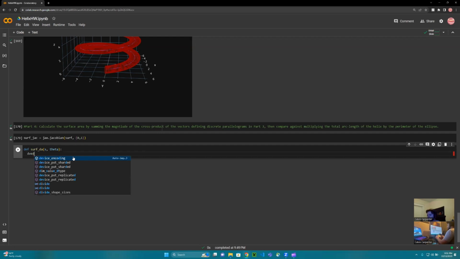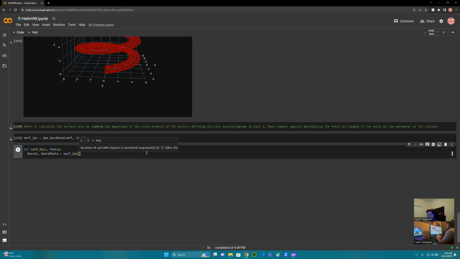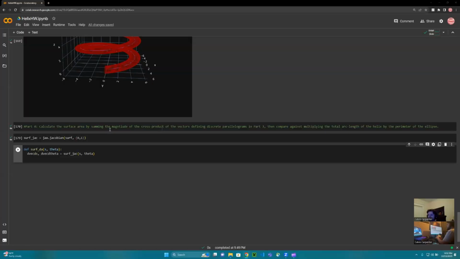Our derivatives of our vector, d vec ds and d vec d theta, are equal to surf jac of s, theta. Okay, and this is going to return